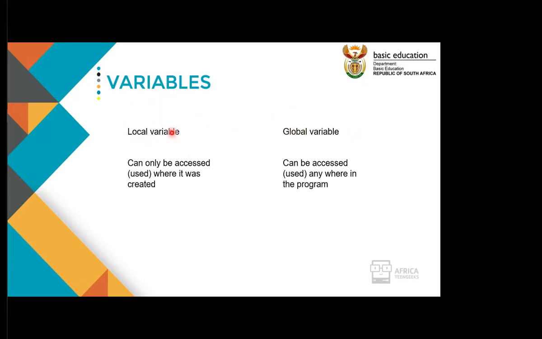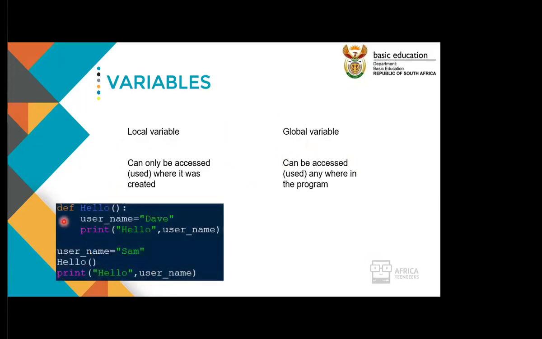When you think of local variables and global variables, take yourself as an example. You're a local person in the province where you stay. But when you go to an overseas country, now you are not a local person there. Now you're coming from internationally, from around the globe. The same thing applies to variables when we use them in a program. Local variables can only be accessed where they were created. Global variables can be accessed anywhere in the program. For example,